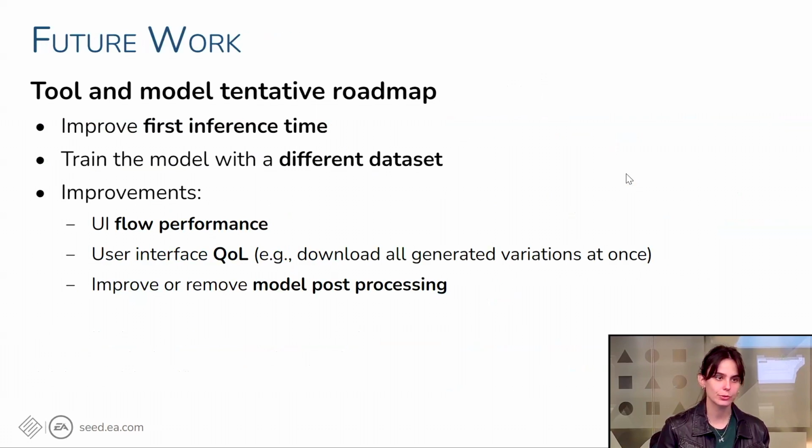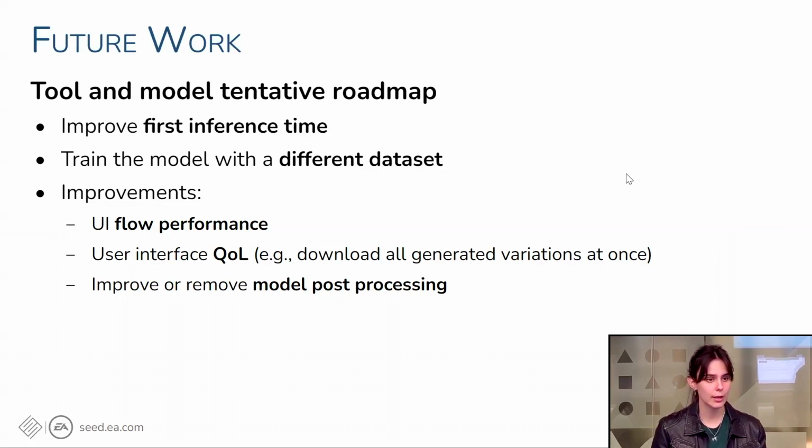The first of all would be to improve the time it takes to perform the first inference, which is way longer than for the rest. And this is probably due to synchronization issues between hardware. We also want to improve the flow of the interface by performing several tasks either more responsively or in the background. For example, loading the different models or the data loaders, or giving a better way for the user to stop an inference job that's already started.